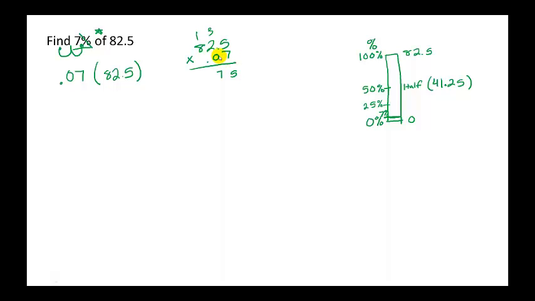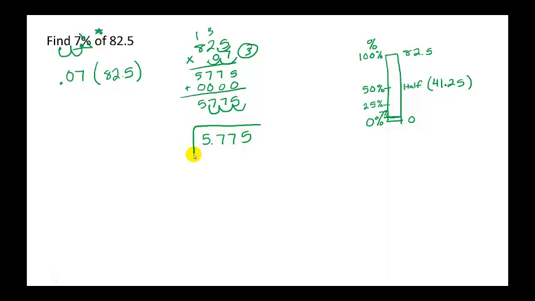7 times 8 is 56. Plus 1 more is 57. And then I'm just going to end up having everything be zeros because that's what you get when you multiply by zeros. Adding it up then, I get 57.75. And I need to move the decimal 1 place, 2 places, 3 places. I'm moving it 3 places, so at the answer, I'm going to move the decimal in 1, 2, 3 places. That says the answer is